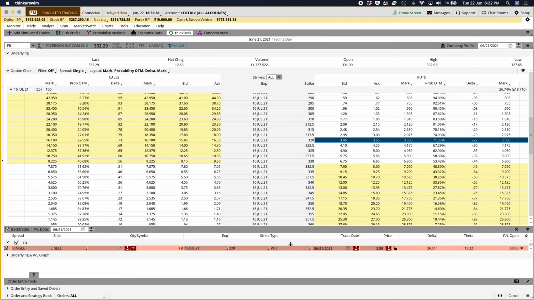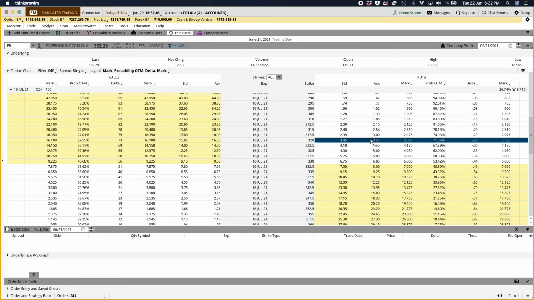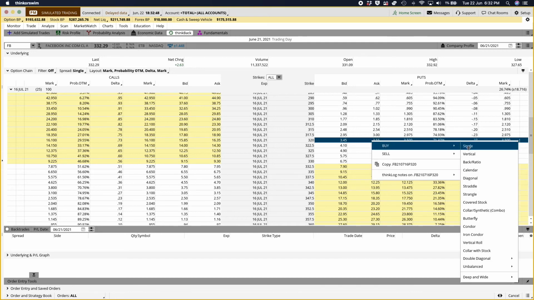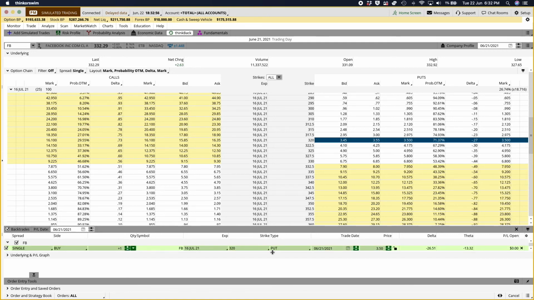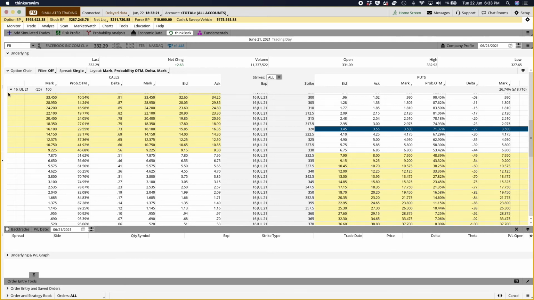it's sell. If we were to go and look at something different, for example, we wanted to buy it, then this is actually going to become green. So you'll see now we're buying the put option for Facebook. So you need to make sure you're clicking the right thing here, or you can end up placing the wrong trade. So we can see here the 320, we're looking at $3.50, and that's because we're 25